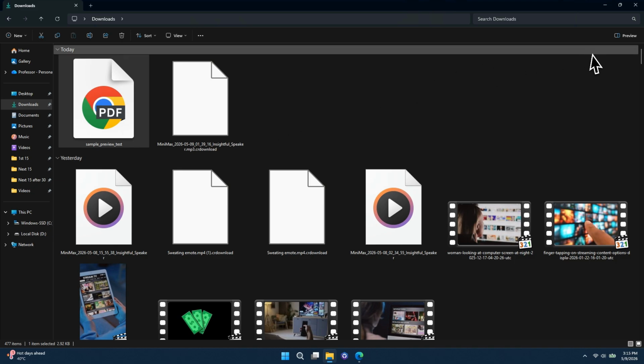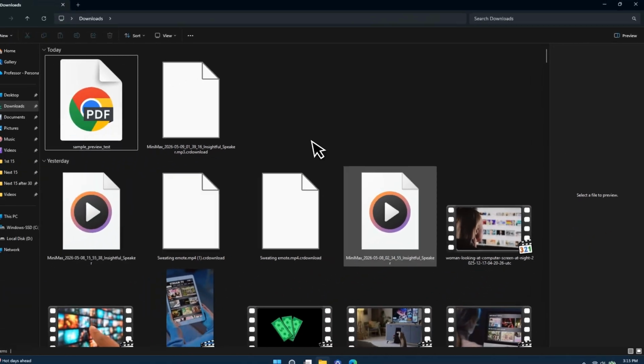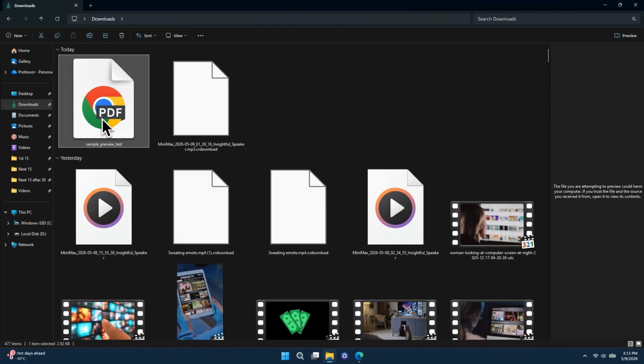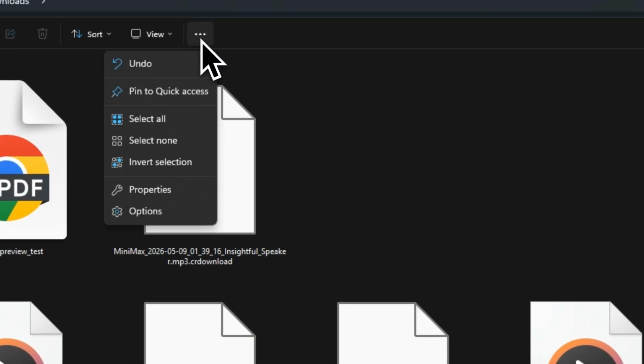If the preview still does not load, move to the right-hand side and click on Preview again. After that, select the PDF document once more and check whether it opens inside the Preview section. In case the issue continues, click on the three horizontal dots located in the top area of File Explorer and